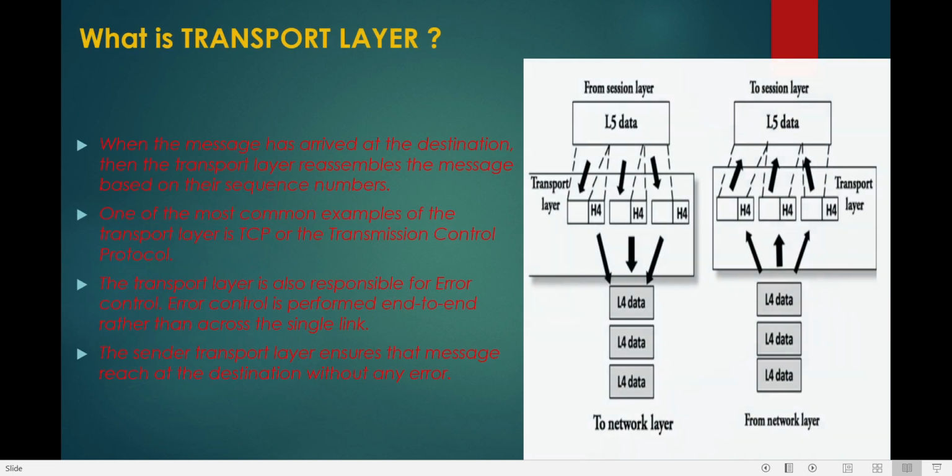As we can see in the diagram, from the session layer we get the data. It comes to the transport layer. The transport layer will be putting the sequencing on the data, and it will send it to the